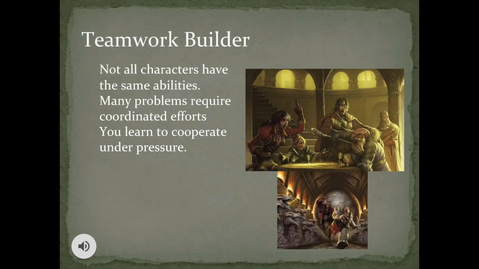Teamwork builder. Dungeons & Dragons has many different classes and races. These combinations mean that not all characters have the same abilities. You will not be able to do the same thing as the person who is next to you at the table. As such, your abilities work together oftentimes, as the game accommodates that by throwing problems at you that require coordinated efforts. This reinforces the notion that succeeding alone is next to impossible, because the barbarian won't be able to pick a lock like a rogue will, or any other class-specific ability like that.